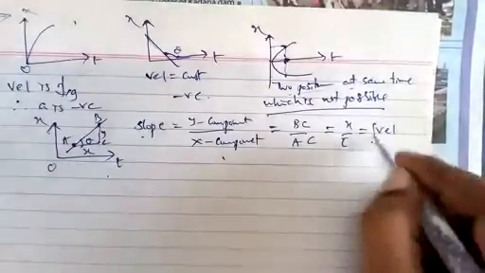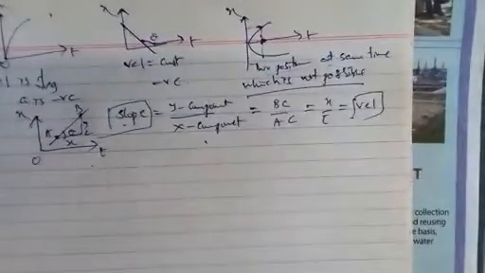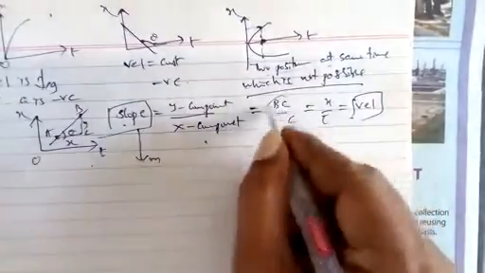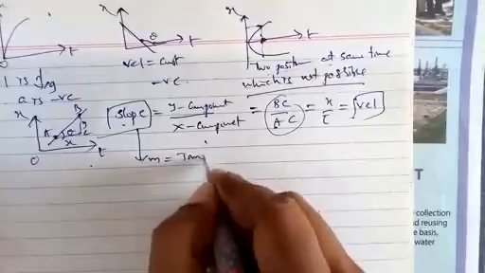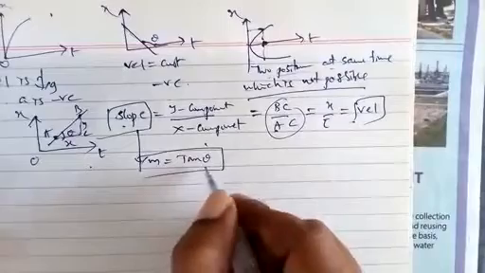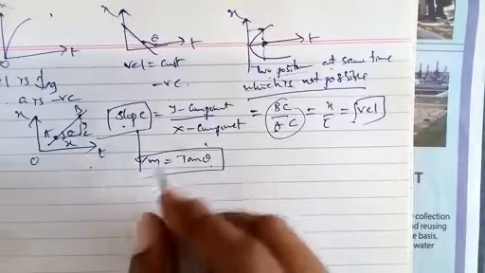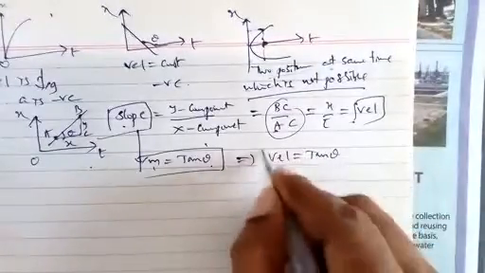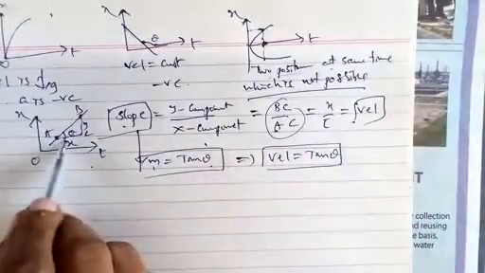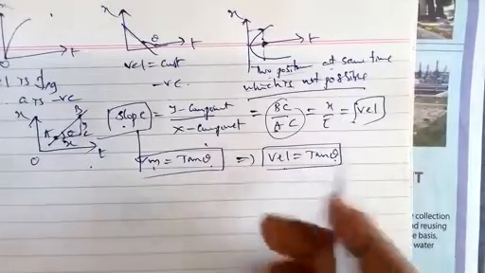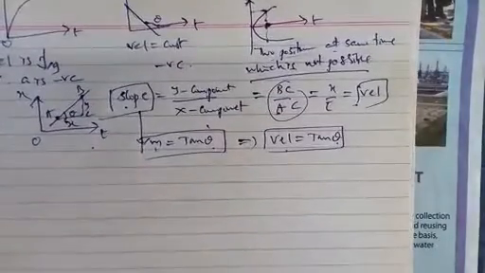The point to remember is: slope of the position time graph gives velocity. Slope is indicated by m, and BC by AC is equal to tan theta. So the angle of inclination gives the slope. We can also say slope is velocity, and velocity is equal to tan theta. If theta is given, substitute the value, and the tangent of that angle is the velocity. These are used for MCQ purposes, that's why I have mentioned them here.